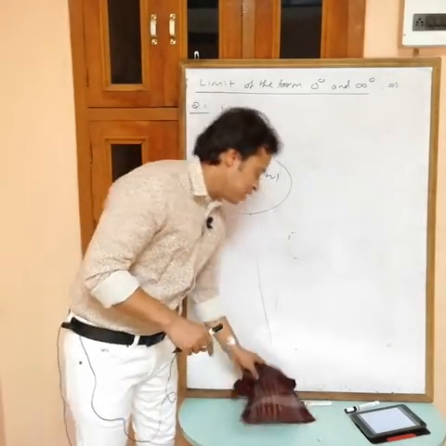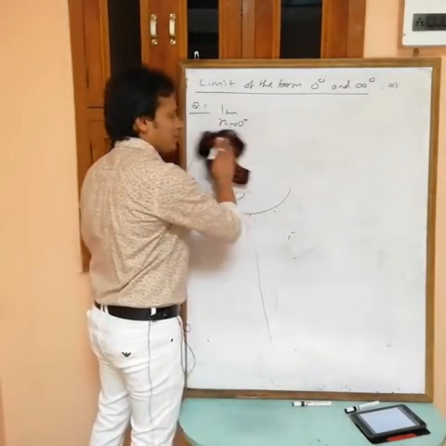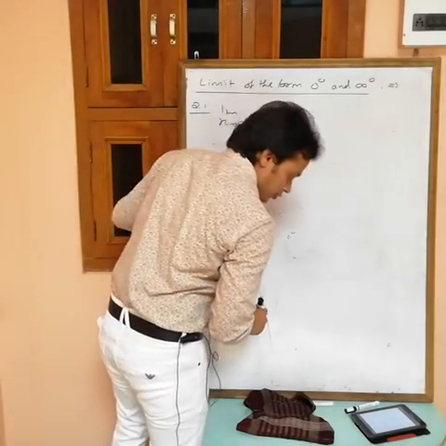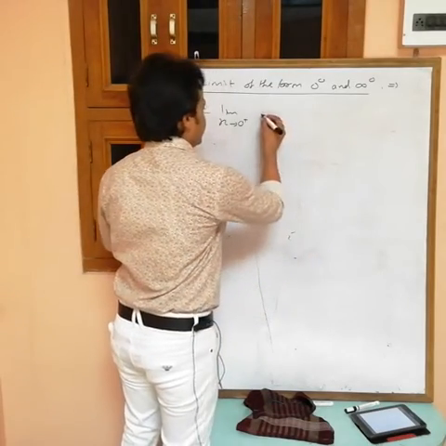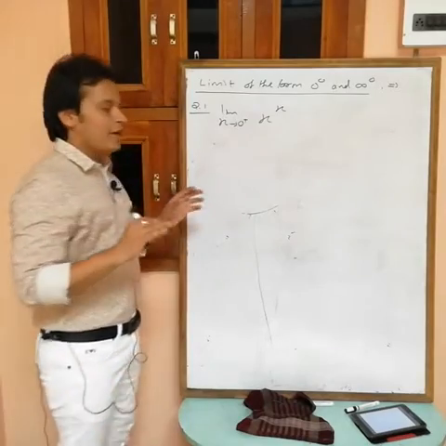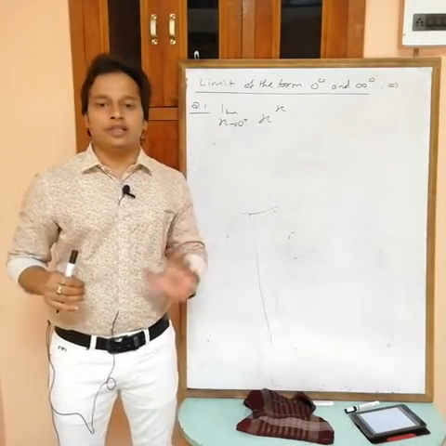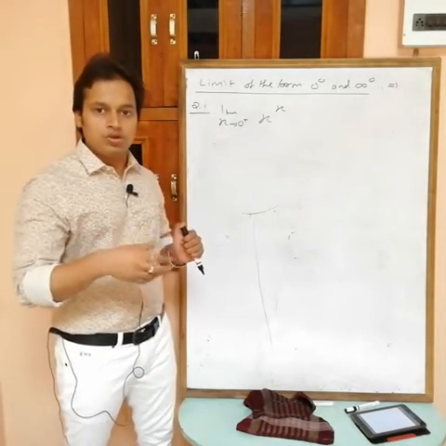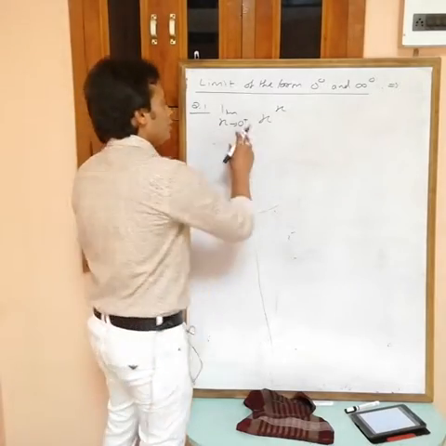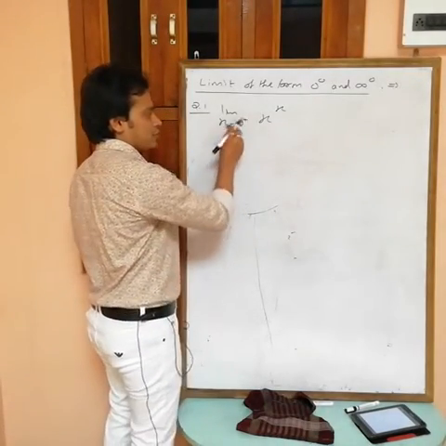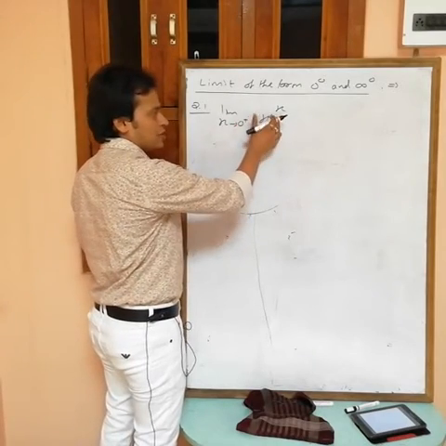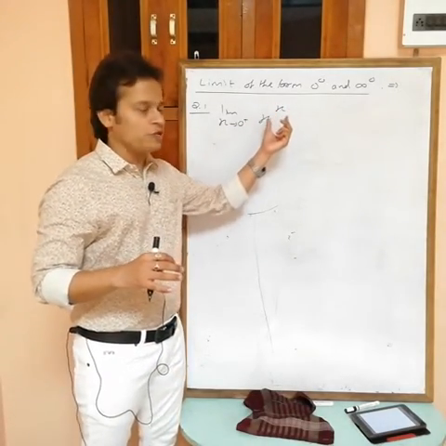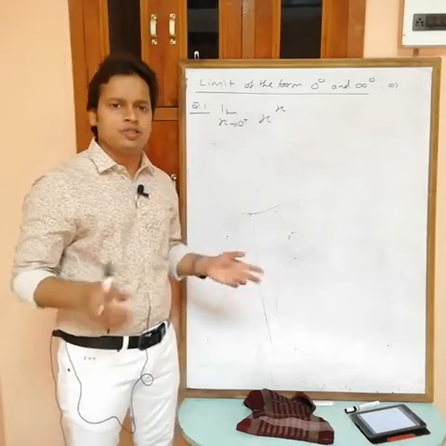Because limit is the value of the function in the immediate neighborhood. Now if there is no value, then how can you find the limit? So limit x tending to 0 plus x power x. Now here x tending to 0 plus, it means we want only RHL. We don't want LHL. X tending to 0 plus means x is just greater than 0, so only RHL. Now first check that function is defined or not for this limit. If you put x equals to 0 plus, then this is positive and this is real. There is only one condition to check for this f(x) power g(x) formula, that the base must be positive. If you put 0 plus, then this is positive, no problem.